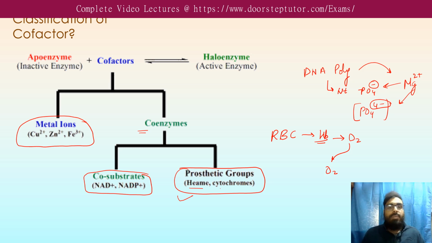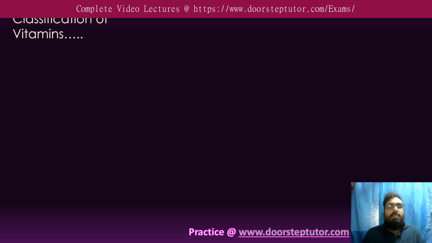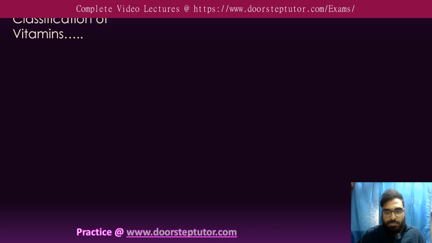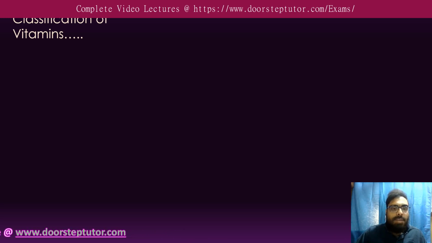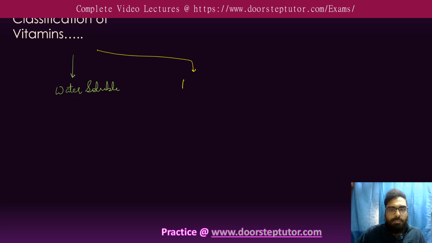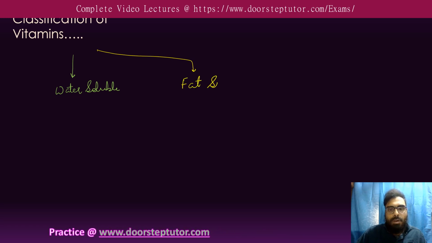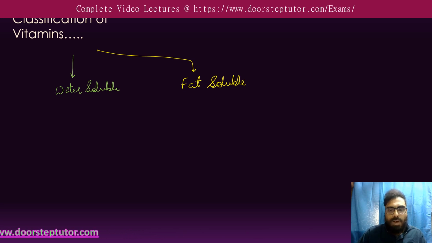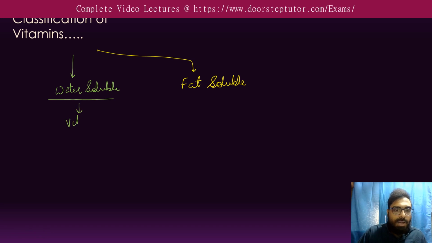So let's proceed forward and come back to vitamins. First, let's study the classification of vitamins. Vitamins can be classified into water soluble substances or fat soluble substances. So two types of vitamins are there: one is water soluble and another is fat soluble. In this lecture we are gonna talk exclusively about the water soluble vitamins, and water soluble vitamins are known as vitamin B complex. You might have seen this on tablets that you take